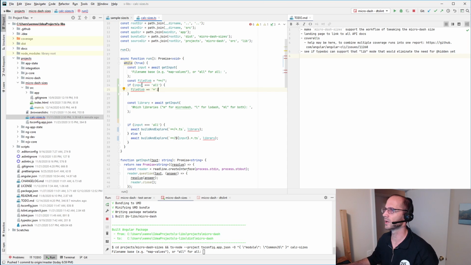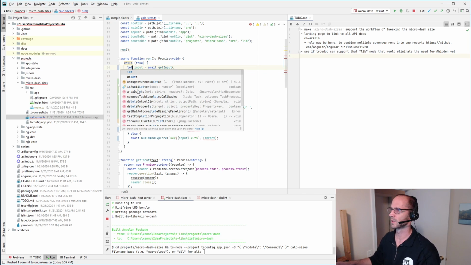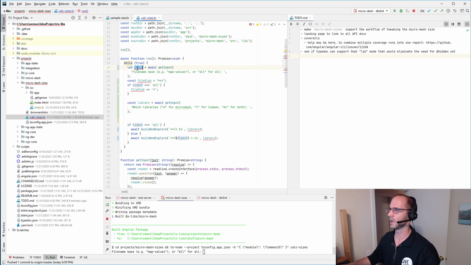I think maybe I'd rather go with interpolation instead of building this up as I go. So let's say, yeah, this isn't just input anymore. This is